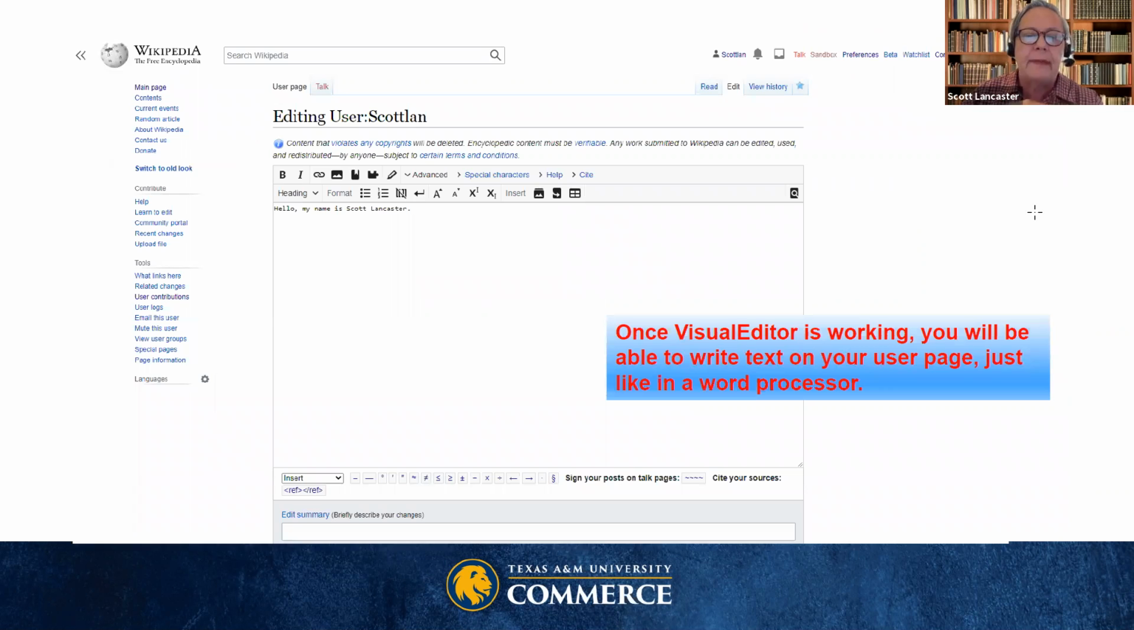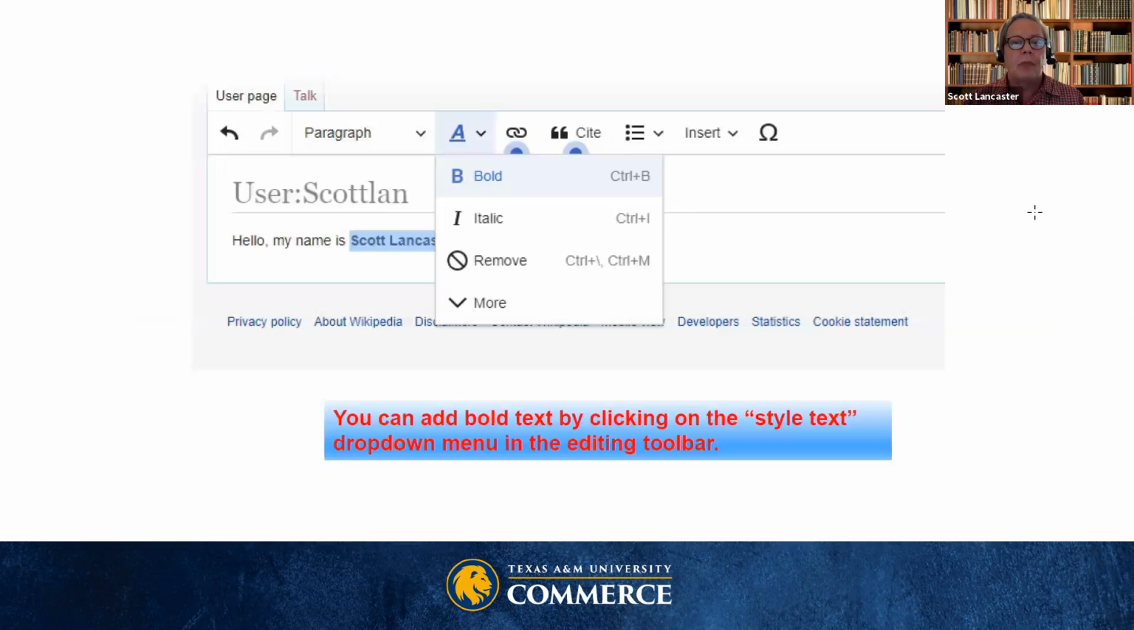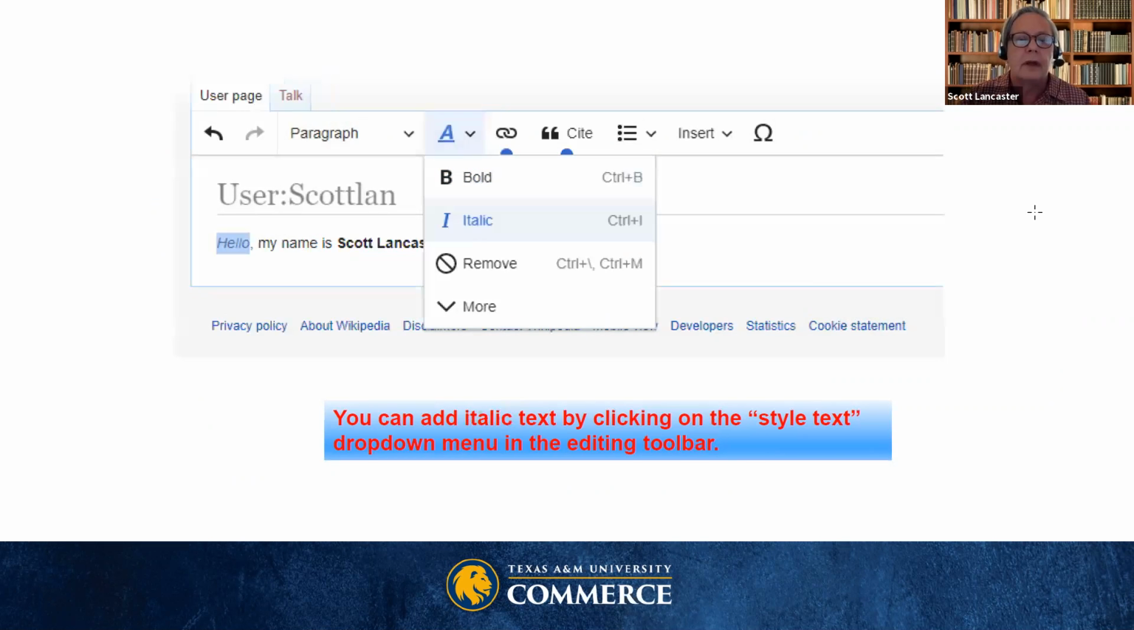And then you'll be able to just write text however you want, or you could actually copy and paste from something else if you've prepared it in a word processor. And when you have got text that you've entered, there's a number of different ways you can format it. If you highlight the text you want, you can make it bold, as I've done here. It's just like Word, or you can make it into italic,